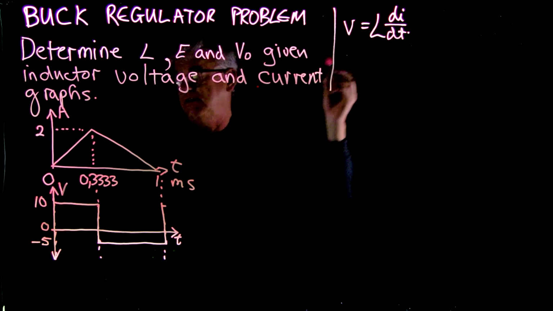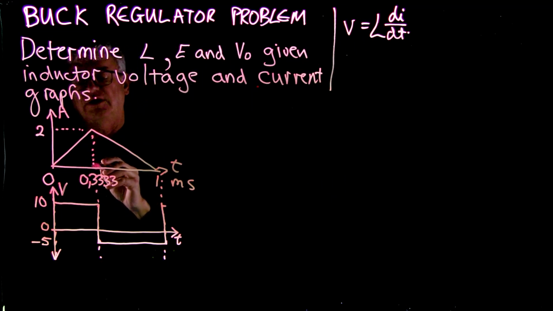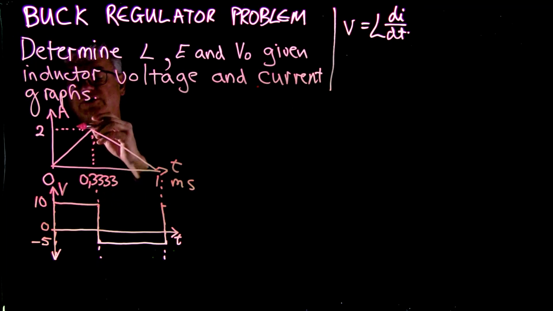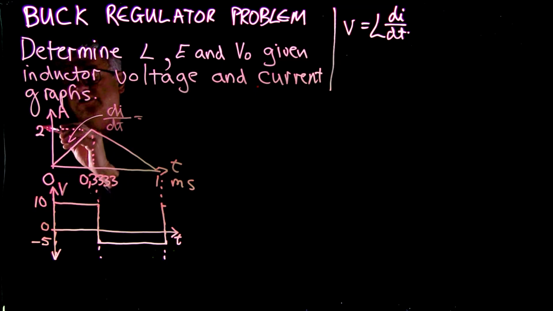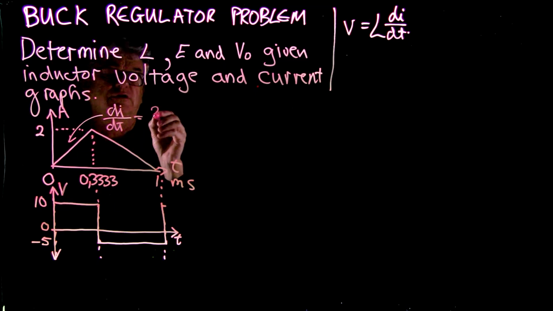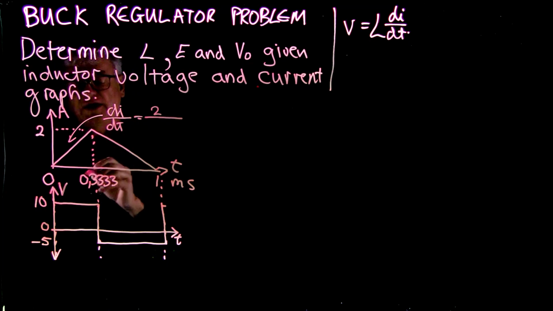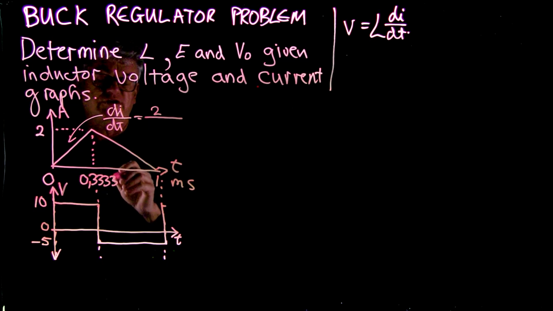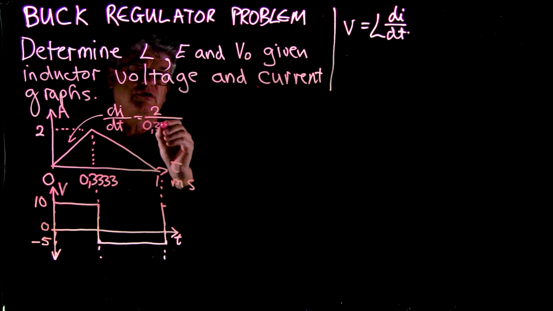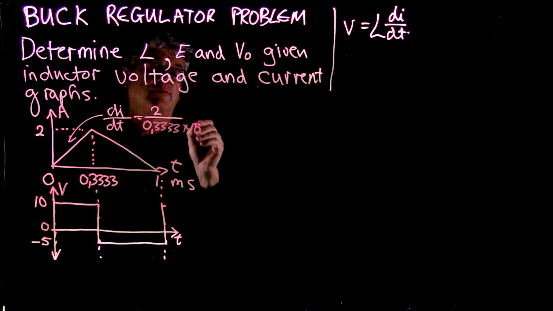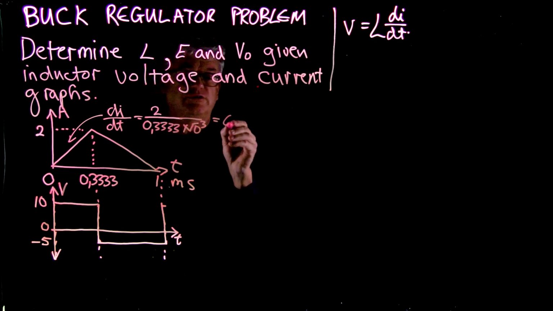So the di dt during this period here, where the switch is closed in the buck regulator, we can determine. The di dt is equal to a change from 0 to 2 amps, gives us the di, and a change from 0 to 0.3333 milliseconds gives us the dt. So it is 0.3333 times 10 to the power minus 3, and that is equal to